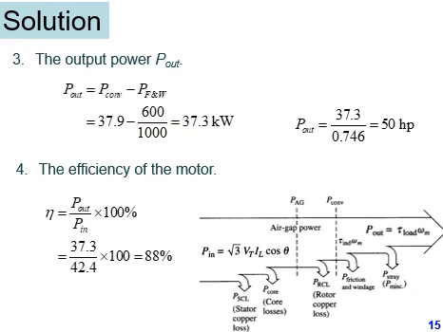In the third part, we come to know about P out, and in the fourth part this P out is used to find the efficiency of the motor, which is equal to P out over P in. By inserting the values of P out and P in in this fourth part, we find that the efficiency of this motor is